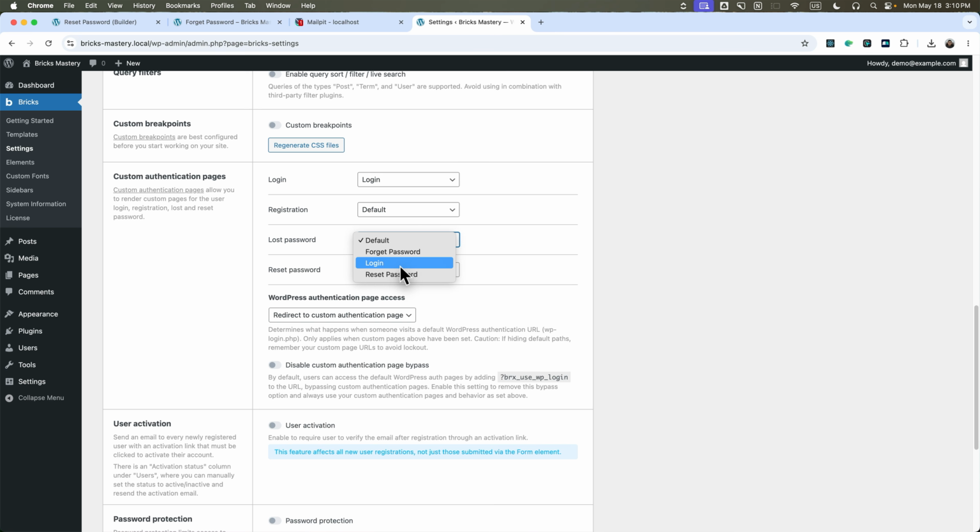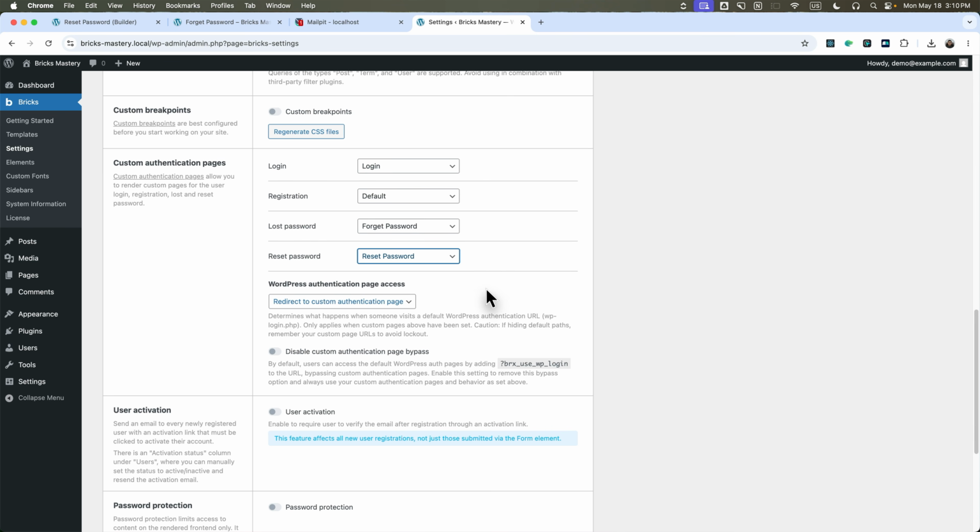Lost password, we have created this. Now forget password is the lost password one, and the reset password that we just created, this is the reset password. And one more thing you need to note here, that this setting determines what happens when someone visits a default WordPress authentication page. What do you want? Redirect to the custom authenticate page. Okay, this only applies when the custom page above has been set. Caution if hiding. So there is an option like error page, home page, or redirect page. So if someone types like WP login page, then it will go to